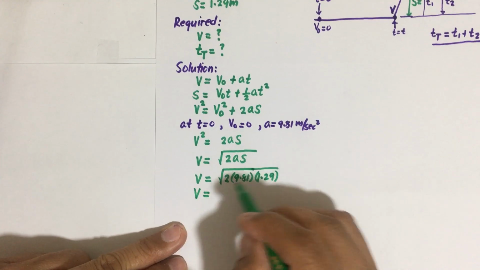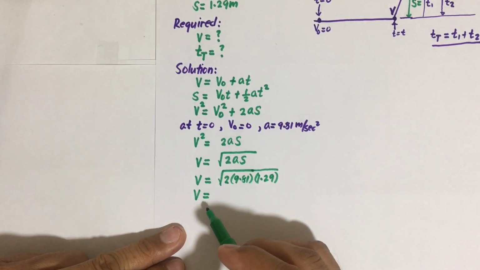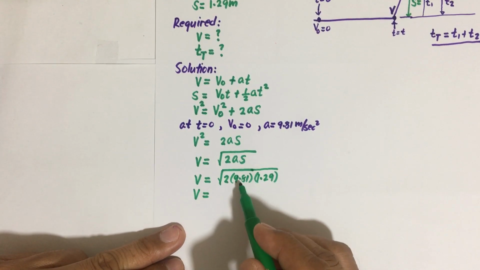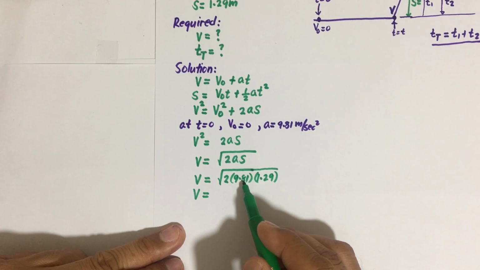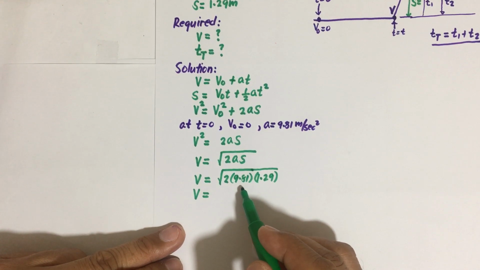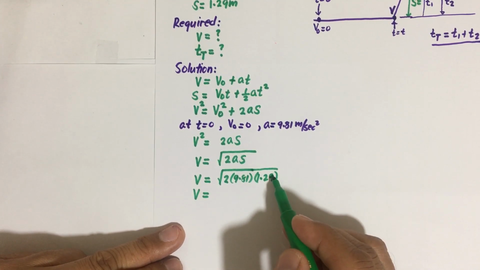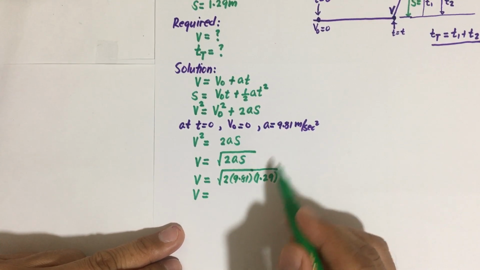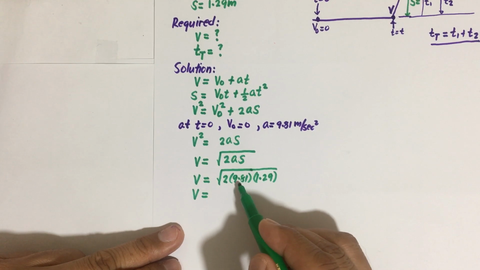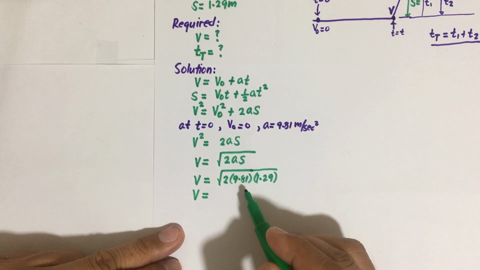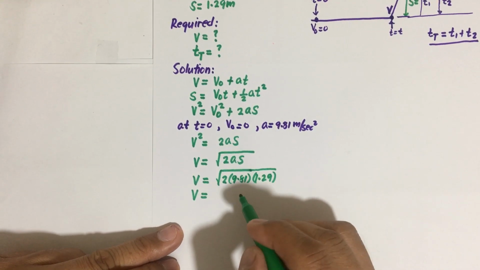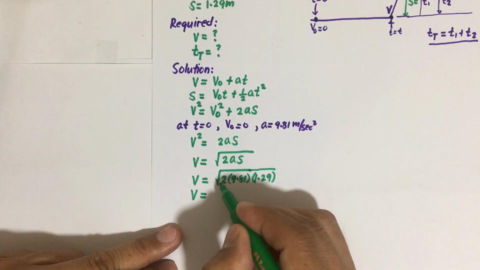Okay, so when you manipulate the given units, what is left here is just the meters, because we have 9.81 meter per second squared. And here we have meter, so meter and meter squared, the square root of meter squared is meter. Then the denominator for this one is 9.81 meter per second squared. Second squared, the square root of second squared is second, so that's why we have the unit in terms of meter per second. So using your calculator, we got this